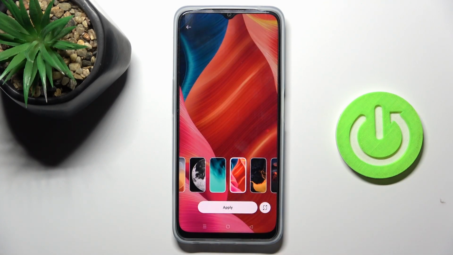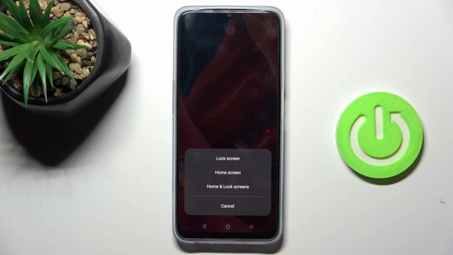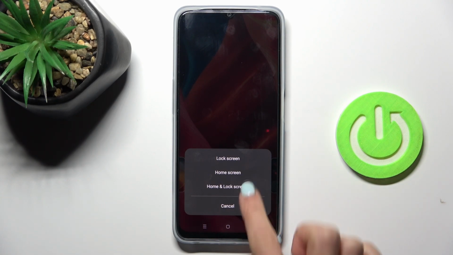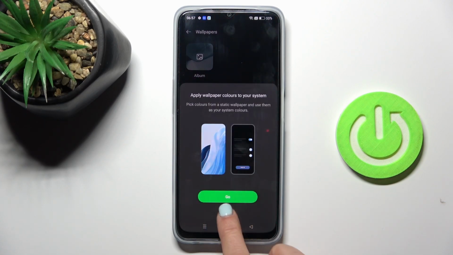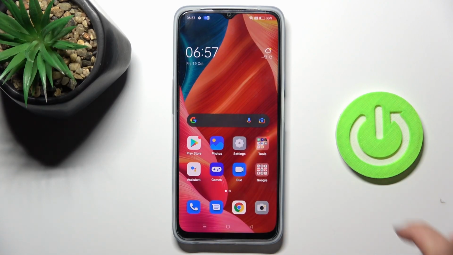And let me apply, for example, this one. Click on apply and then decide if it's for your home screen only, just your lock screen, or both of them. And that's it. That will be all. As you can see, here it is on both home